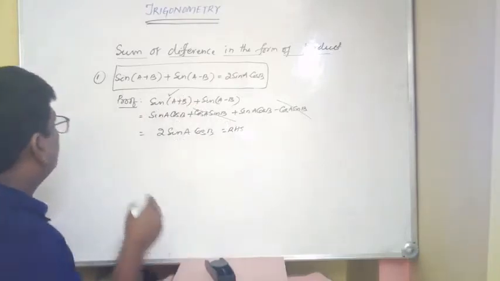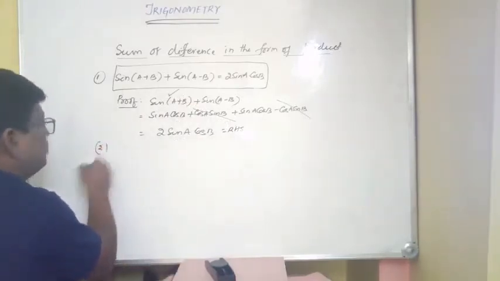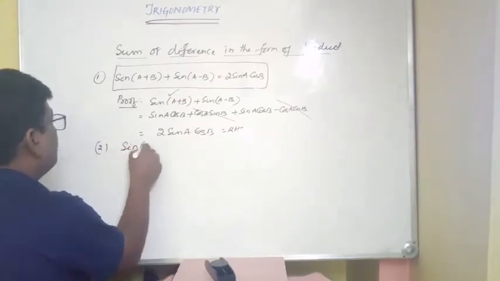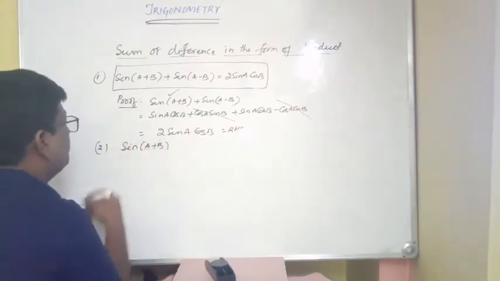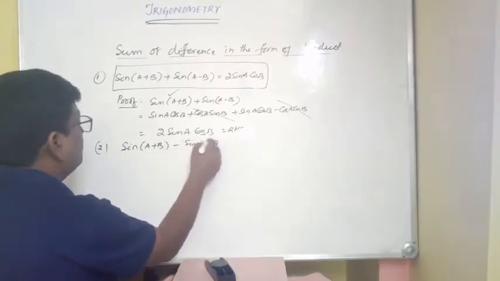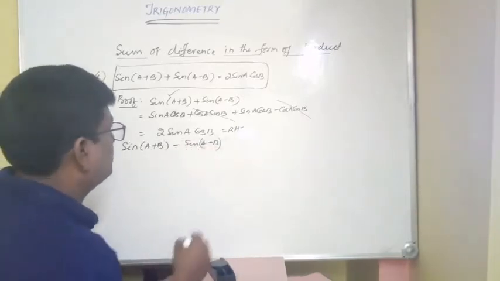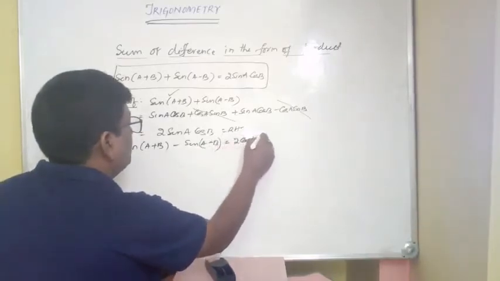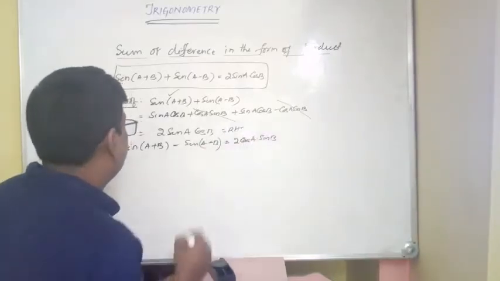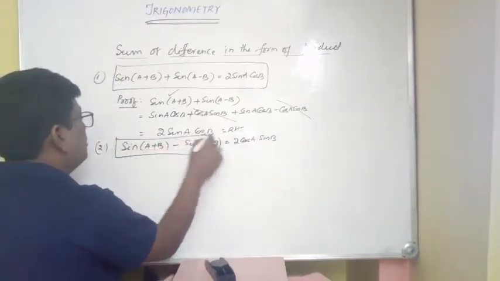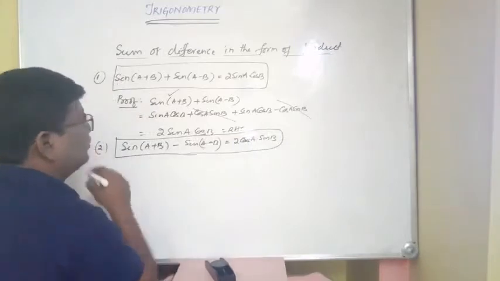Now number 2. Sin(A+B) minus sin(A-B) is equal to what? 2 cos A into sin B. This can be proved similar to the above formula. Proof: